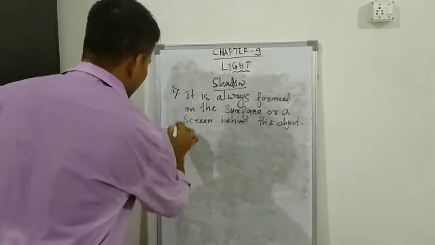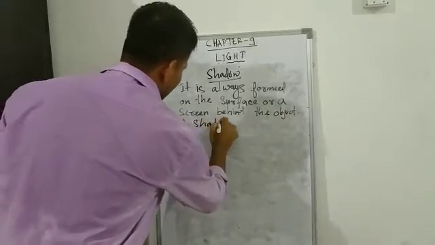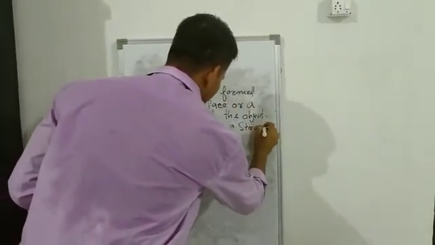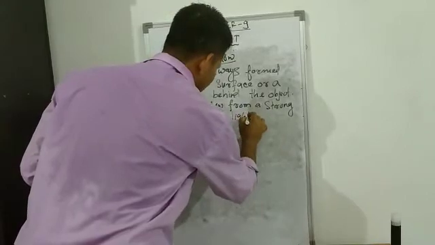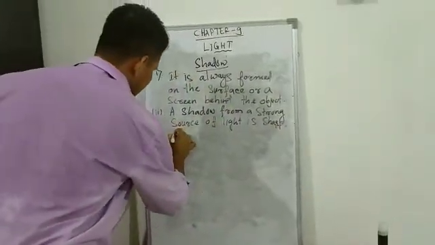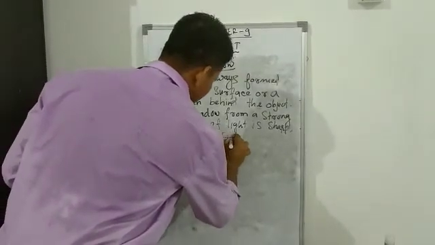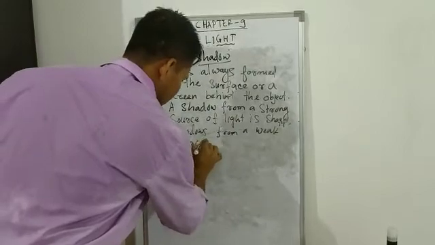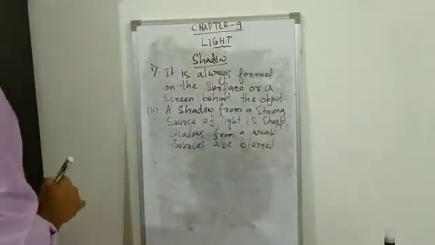Number two feature can be mentioned as a shadow from a strong source of light is sharp, whereas shadows from a weak source are blurred. Okay, and the last feature is